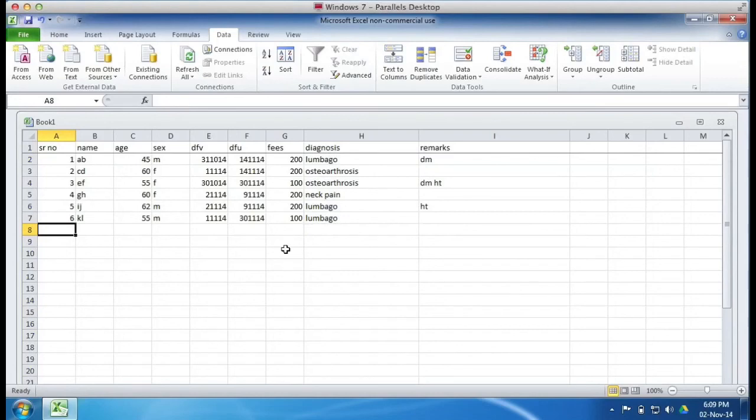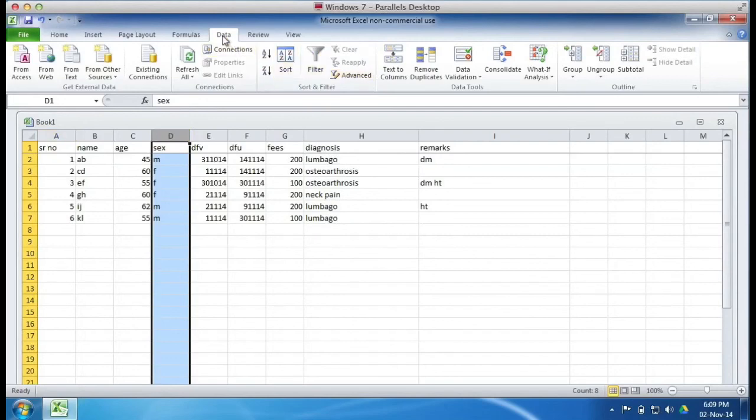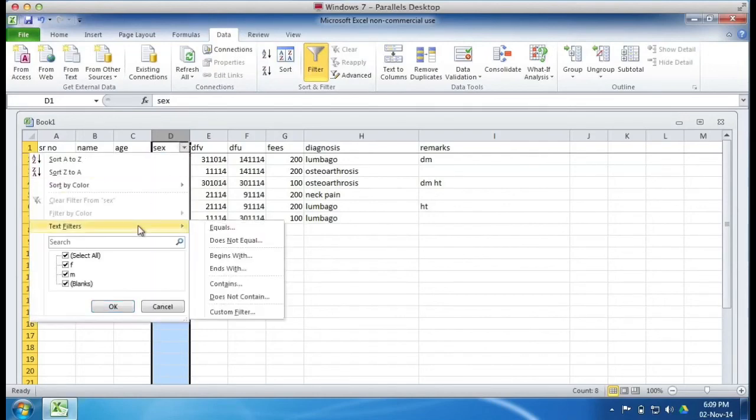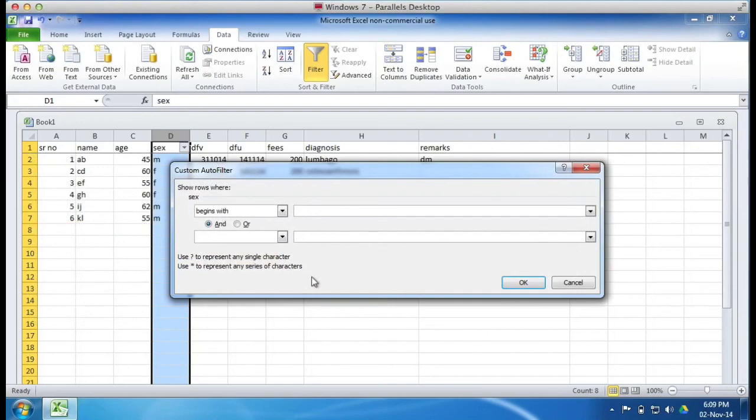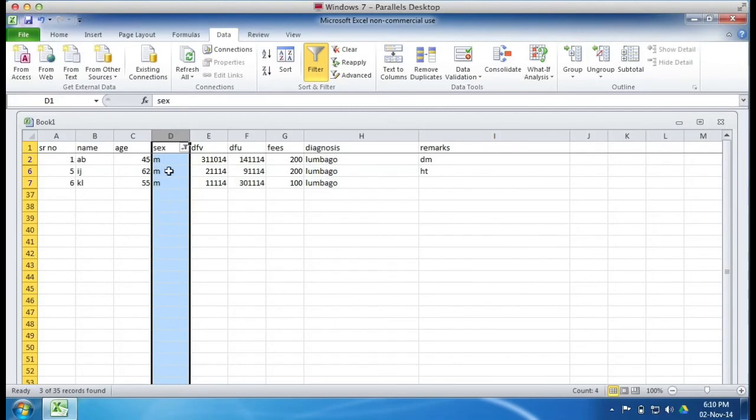Another example, suppose I want to know how many males, I have to segregate the males and the females. So I select column D, I go to D, let the arrow come, I select D, I then go to data, select filter, I get an arrow here, click on that arrow, the text filter drop down menu appears, I click begins with. Now here I put male, press OK. I have got all the males together here in one column. This is how the search function works.